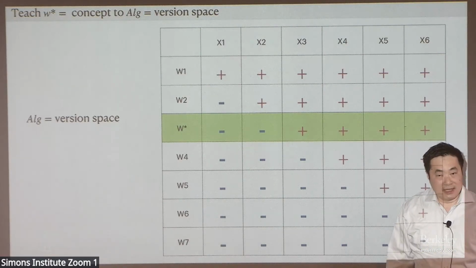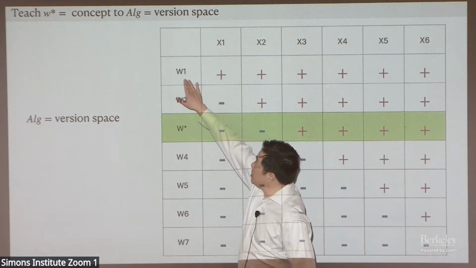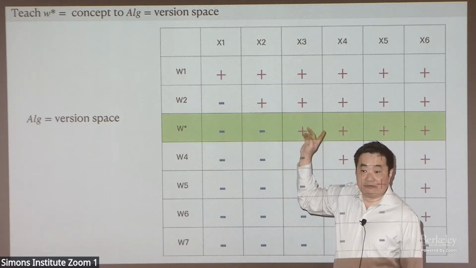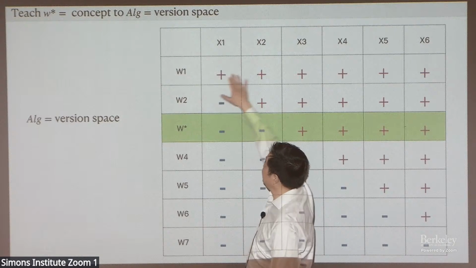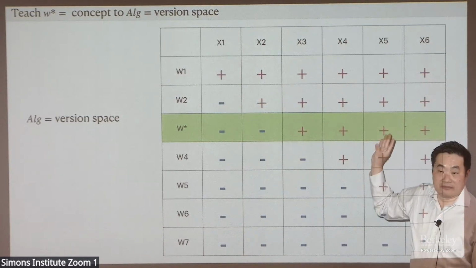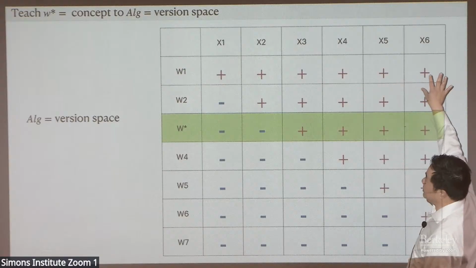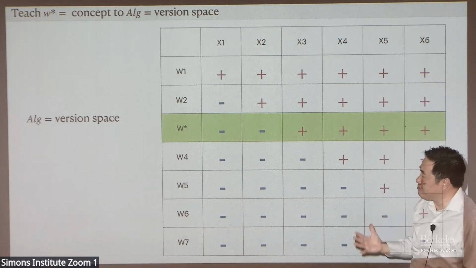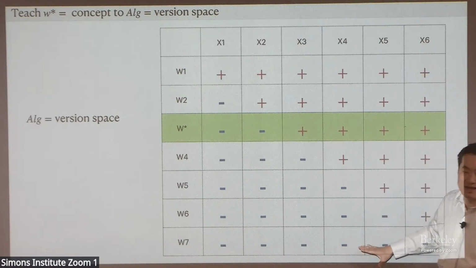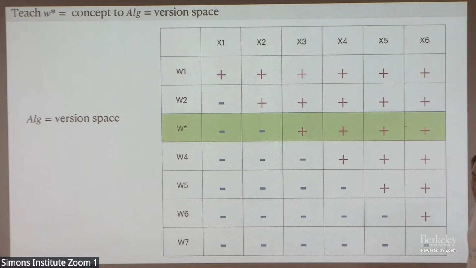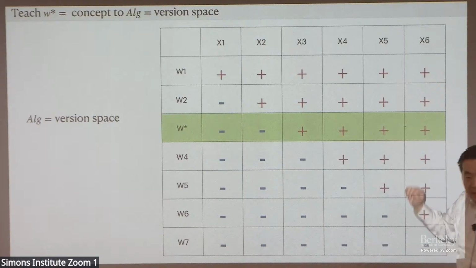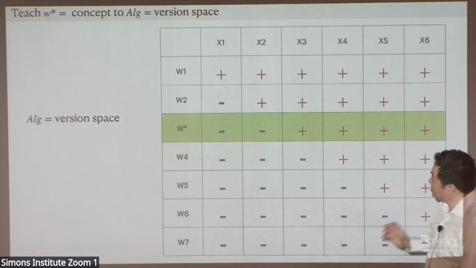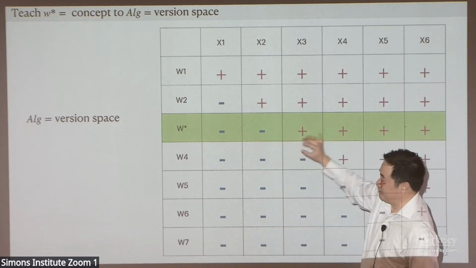So as you can see, I'm also equating a threshold with the binary classification function that it induces. I'm going to take the view that each W is a classification function, so each row is a function over my universe of 6 items. I don't have too many threshold functions, really. I only have 7 of them in my very tiny universe. Let's also say that W3, the green row, is the true threshold that the teacher knows. We should classify the first 2 items as negative and the rest as positive.